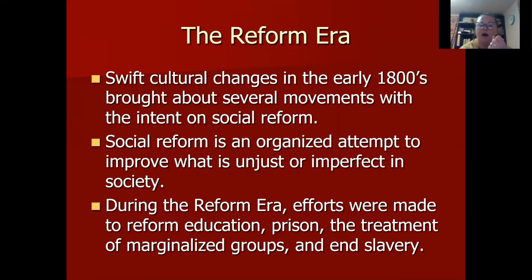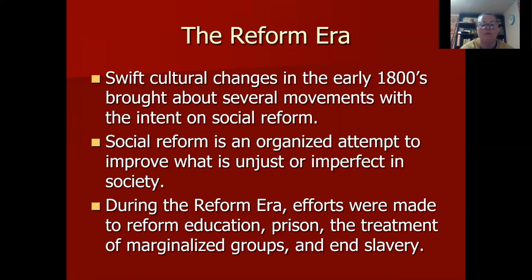So right now, as you're watching this, can you think of some social reforms that are happening right now? Okay, healthcare would be a social reform that is underway right now. Okay, our higher education and whether or not higher education like universities and colleges should be free. This is an attempt at social reform today.